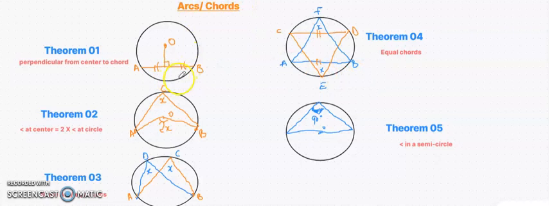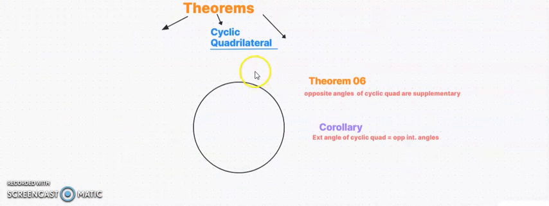Now we move over to the next theorem. Another part of the theorem deals with cyclic quadrilateral. So what is a cyclic quadrilateral? If 4 points of a quadrilateral lie on a circle, the quadrilateral is referred to as a cyclic quadrilateral. If the 4 points of a quadrilateral A, B, C, D lie on a circle, the quadrilateral is referred to